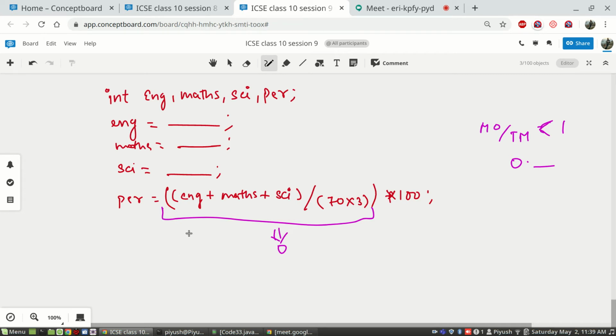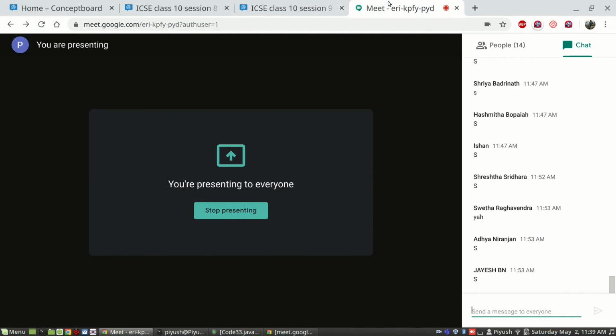So what is the best, safest way to handle this? You got the concept here. What will go wrong here? Because the highest data type involved is integer, the 0 point whatever will be ignored and 0 will be retained. Is this clear? What is the problem with this question? Okay, fine. If anybody is having doubt, they should stop me right here. Okay, fine. Now what will you do for obtaining the percentage?